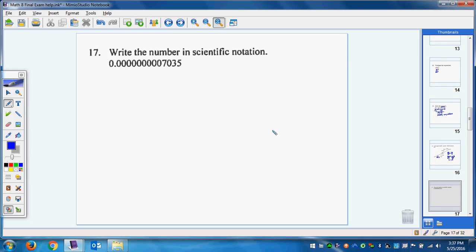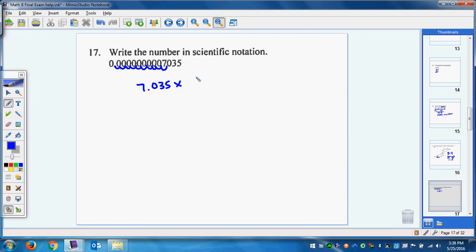Remember, the number has to be between 1 and 10, 10 not included. So we just got to move it, count the bumps. 1, 2, 3, 4, 5, 6. Man, that's a lot of counting. 7, 8, 9, 10. So my answer is